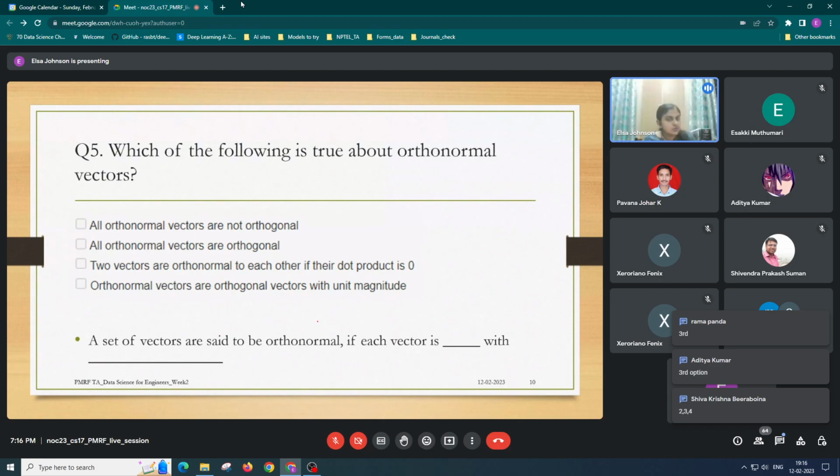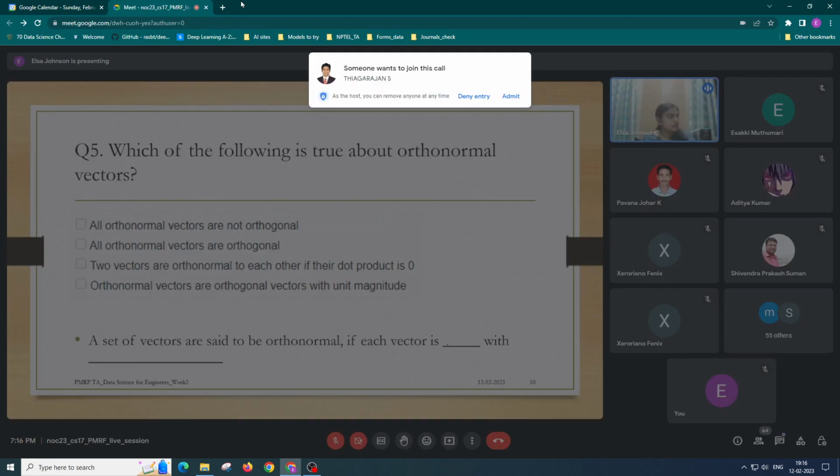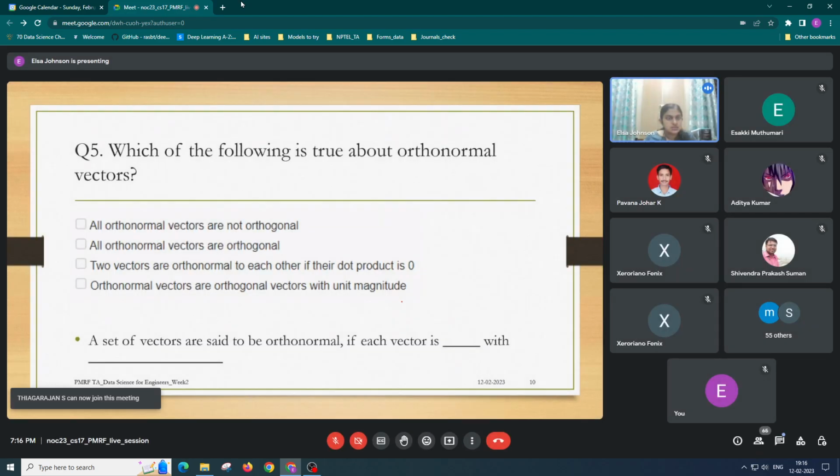2, 3, 4. Okay, 2. What is option 2? All orthonormal vectors are orthogonal. Okay, right. Two vectors are orthonormal to each other if the dot product is... okay. And orthonormal vectors are orthogonal. Yeah. So if multiple answers are asked, you can tell 2,